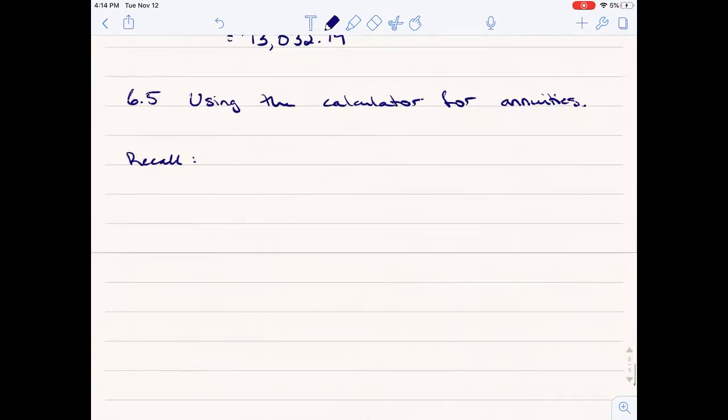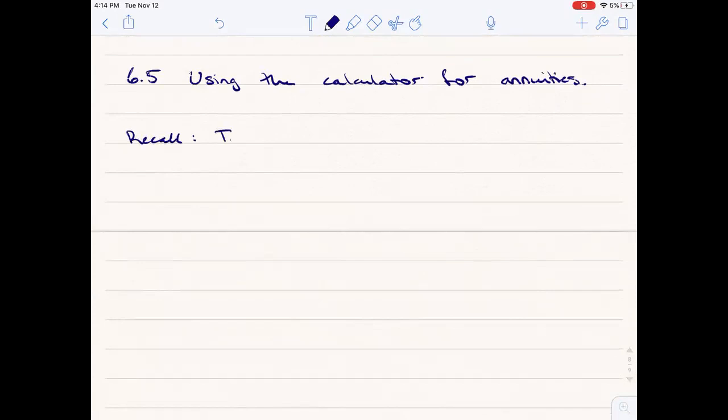Recall, we had a list of calculator inputs, right? And so, especially on test 3 and on the final, right, as you get more used to working with your calculator, to show your work, because we're used to showing our work with all our calculations and all that fun stuff, right? To show your work, you just list all your calculator inputs, right? So I want to see these inputs, and that's equivalent to showing your work and doing all that work by hand. So recall that to show our work,